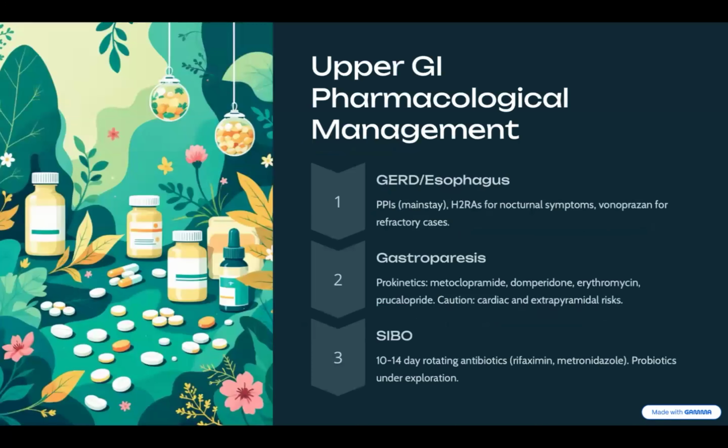So pharmacological measures, predominantly for the reflux symptoms and the dysmotility: for one, you suppress the acid, suppress the reflux, and increase the motility. So you use proton pump inhibitors, then H2 receptor blockers. And vonoprazan is a newer acid suppressant. It is meal independent. That is something which is a good thing about it. It is more sustained